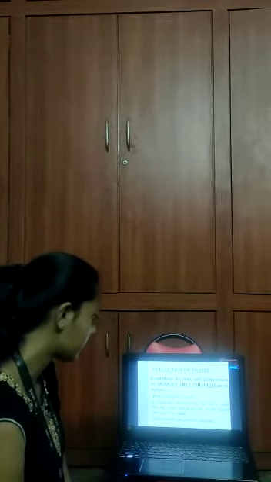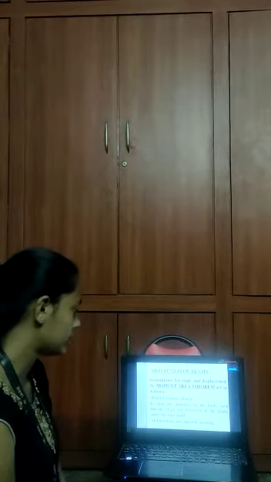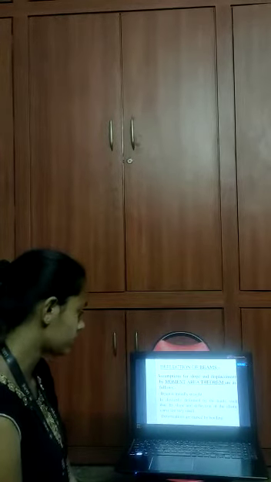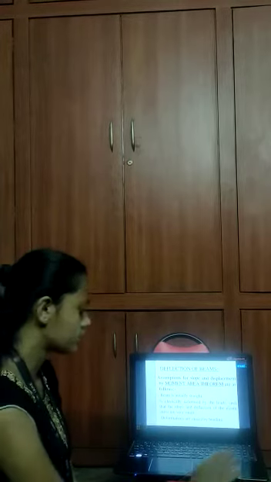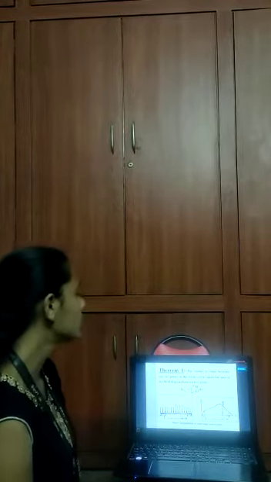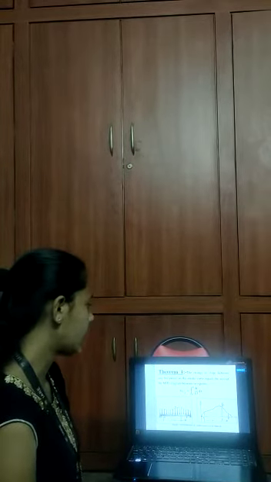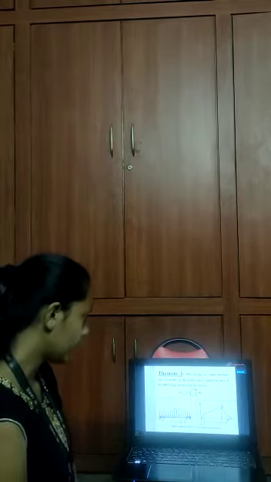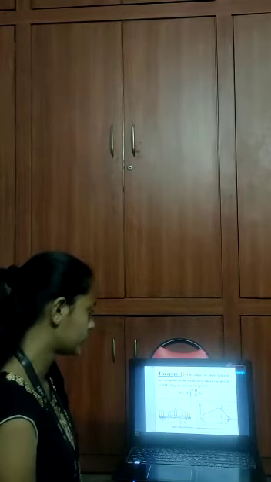Deflection of beams. The assumptions for slope and displacement by the moment area theorem are as follows. The beam is initially straight. It is elastically deformed by the load such that the slope and deflection of the elastic curve are very small. Deformations are caused by bending. Theorem 1: the change in slope between any 2 points on the elastic curve equals the area of the M by EI diagram between the 2 points.